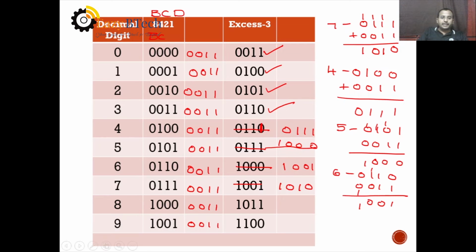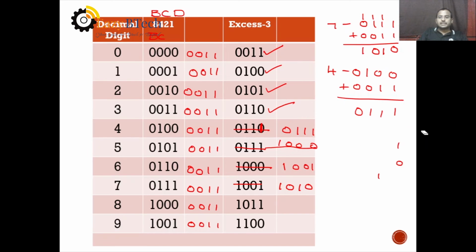Next for 8, sorry for the mistake. For 8, again we have to add 3. For 9 also, to get the corresponding XS3 code, we have to add 3. I am writing the XS3 codes here on the rightmost side. So for 8,